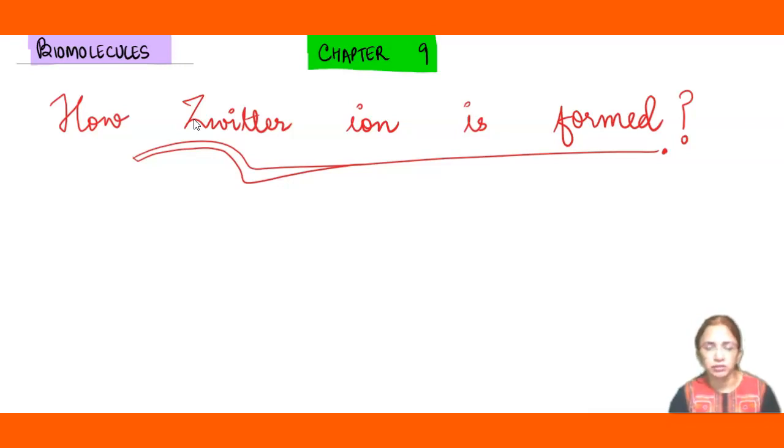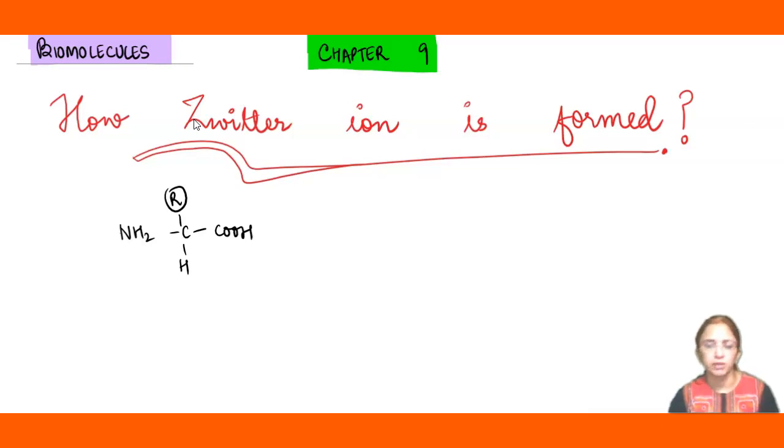Now the amino acid has a simple structure: the amino group on the left, the carboxylic acid group on the right, the side chain at the top, and then this is the hydrogen atom. We have already talked about this in the first video. If you have not watched that video, please do watch it. In that video we talked about how there are 20 amino acids, and these amino acids differ from each other in their side chain.